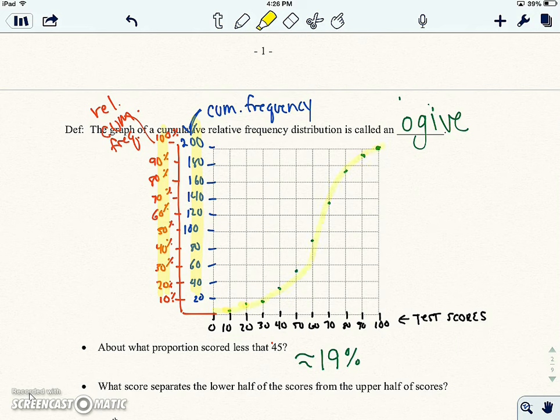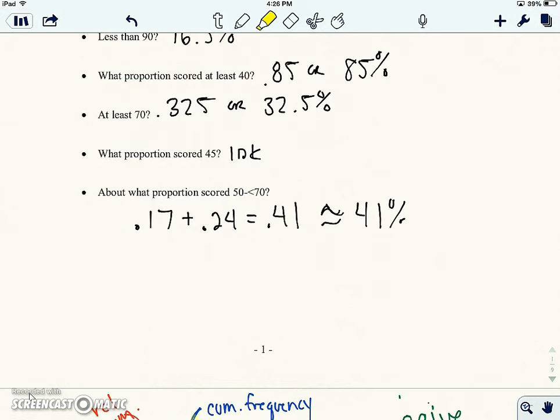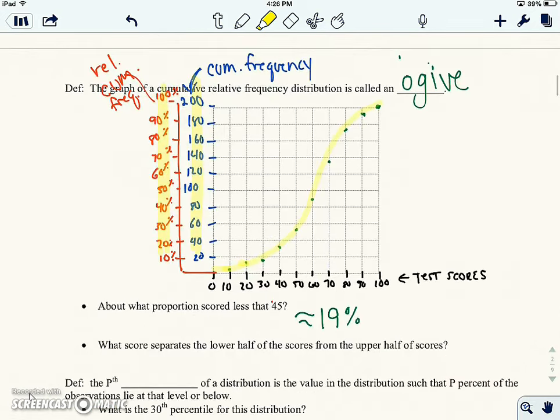That's a really bad connection. Let's try that one more time. Okay, and this is an ogive. And it's helpful because it can help you find those middle scores. So like over here where we didn't know what proportion scored 45, we can find that now